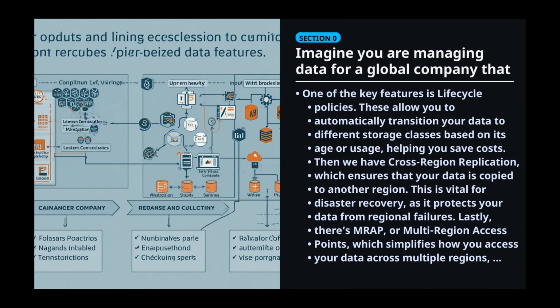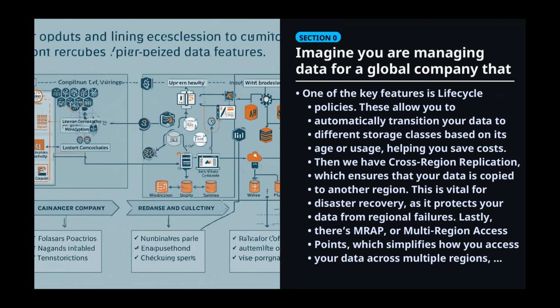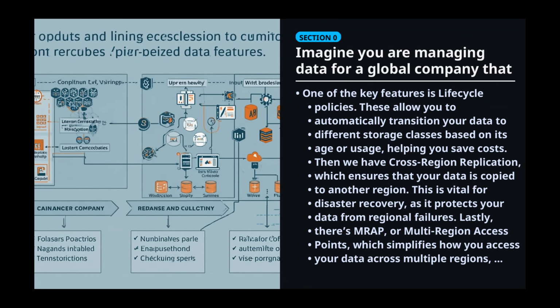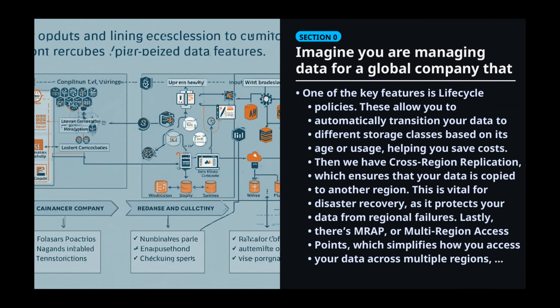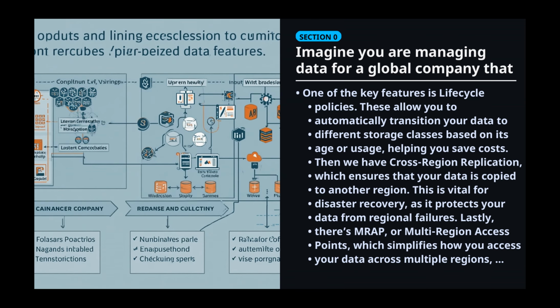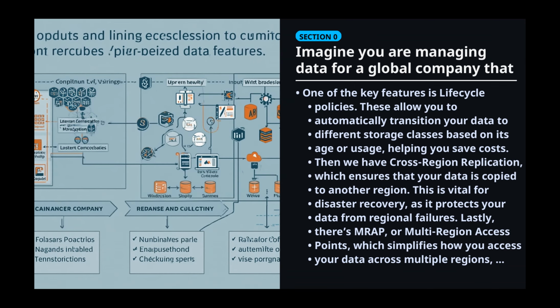Lastly, there's MRAP, or multi-region access points, which simplifies how you access your data across multiple regions, enhancing performance and availability. Think of it like a safety net for your data, ensuring it's not only stored efficiently, but also protected and accessible when you need it. In summary, these features of Amazon S3 help you manage large amounts of data effectively, while keeping costs down and